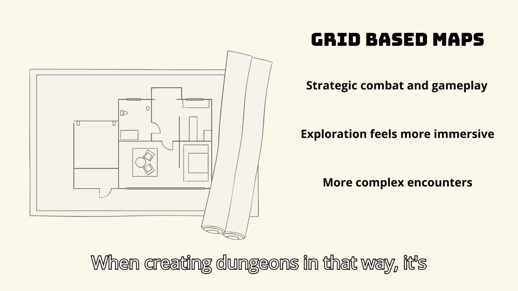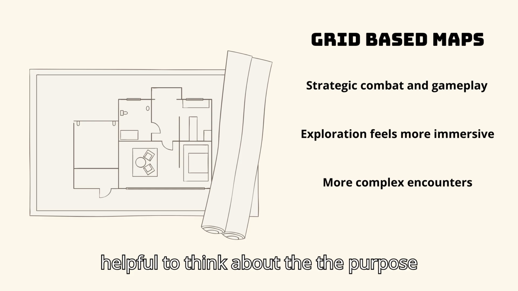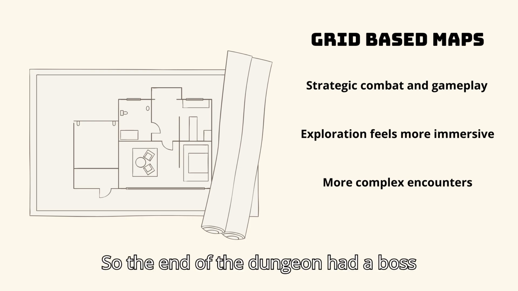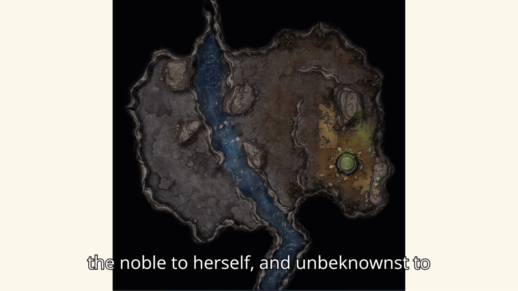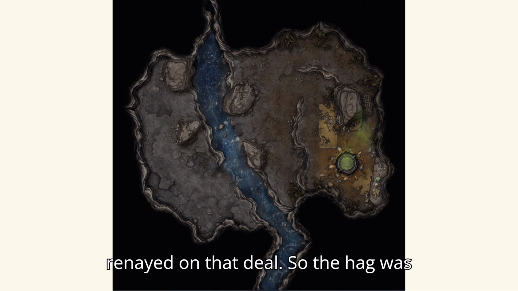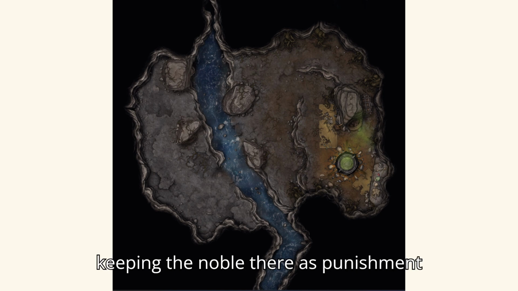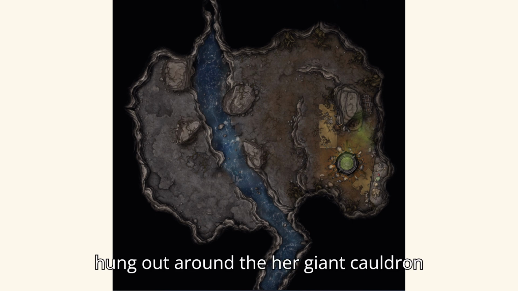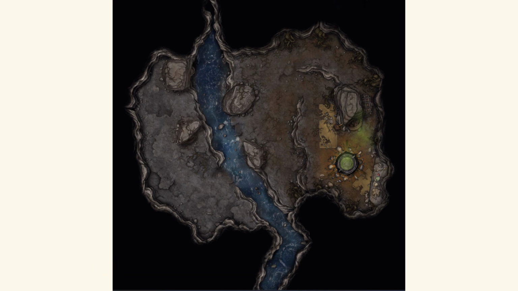When creating dungeons in that way, it's helpful to think about the purpose, but also the space. So the end of the dungeon had a boss fight with the hag. The hag was keeping the noble to herself, and unbeknownst to the players, the noble made a deal, and reneged on that deal. So the hag was keeping the noble there as punishment. In this dungeon, it was very small. The hag hung out around her giant cauldron,